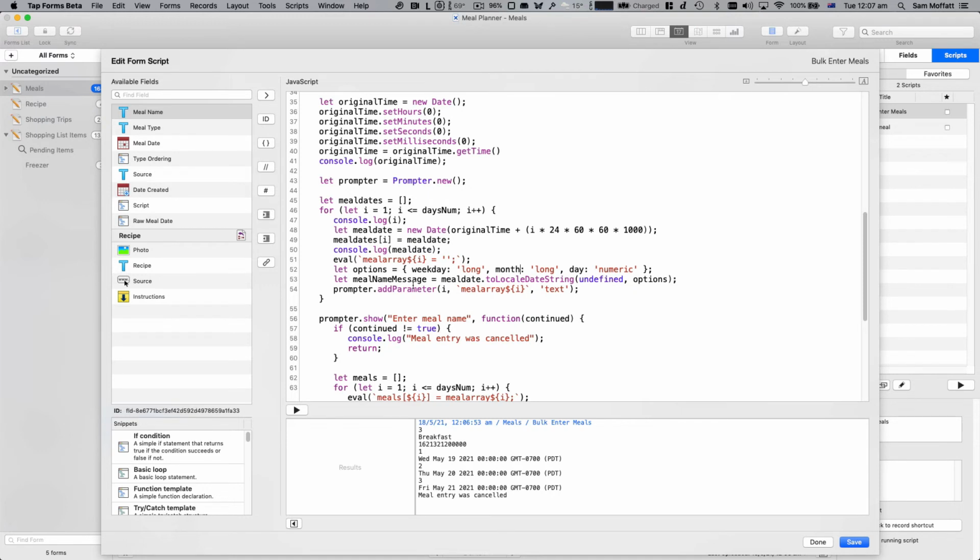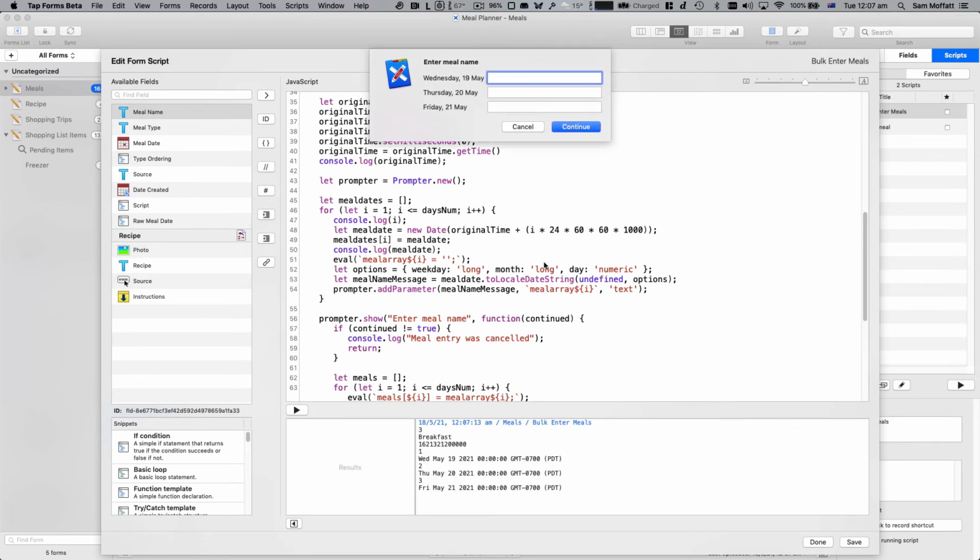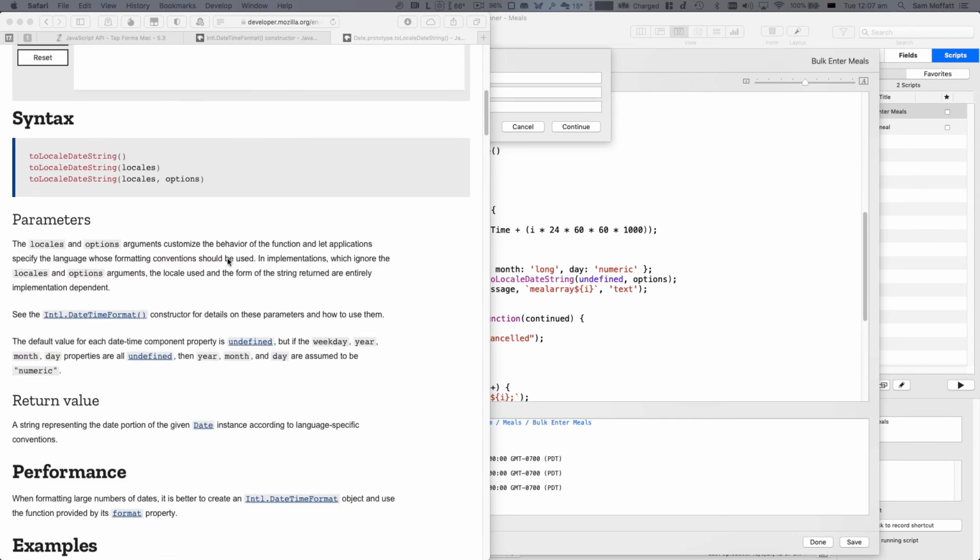What gives? Well, we need to change the add parameter here to meal name message. We'll hit save on that, and we'll give it another shot for breakfast. Now it has Wednesday 19th of May, Thursday 20th of May, Friday. Now this is okay, but I think Wednesday's pushed out. The alignment here is kind of off. So let's go have a look,